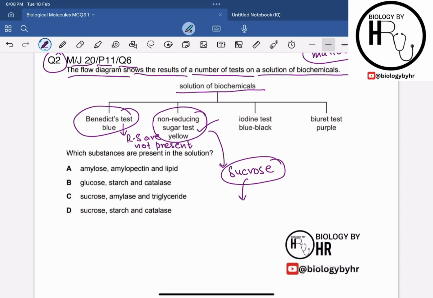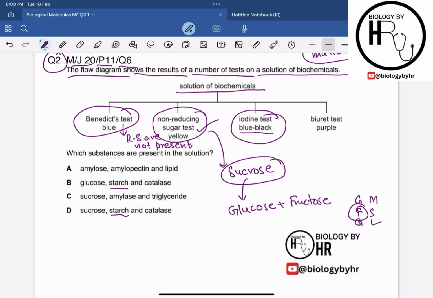Which is made up of glucose plus fructose, right? Yeah, glucose plus fructose. Let me check. Yes, it's fructose. Now if I talk about the iodine test, it is staining blue-black, which means that the starch